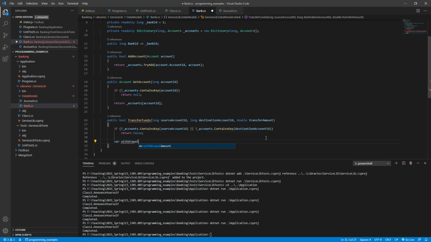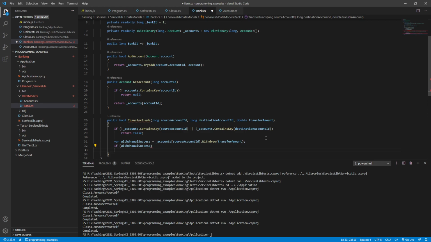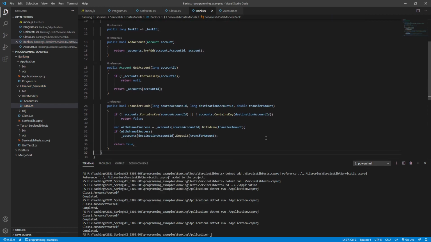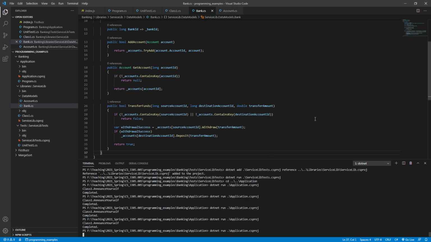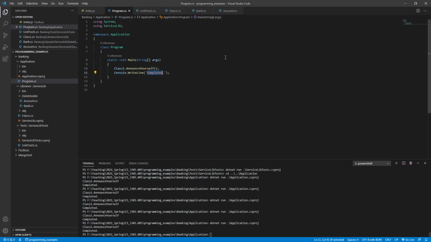whether or not we were able to withdraw. And the withdrawal amount is the transfer amount. And so if that succeeded, then we'll deposit it, and then we return success. Okay, that's fantastic. So now, as we develop this, we can create a scenario and we can manage it here,